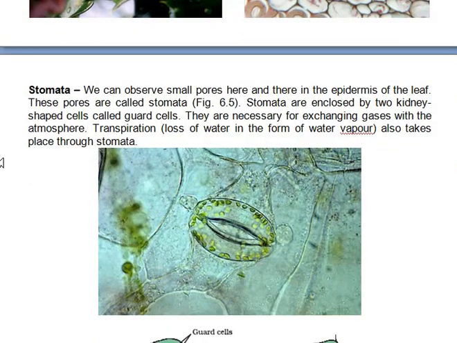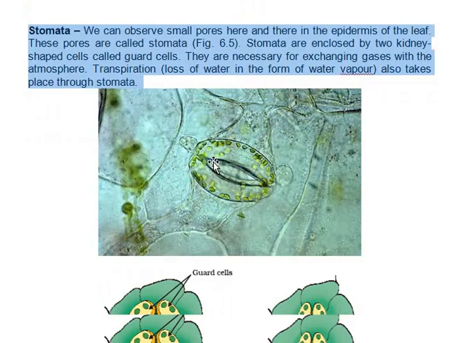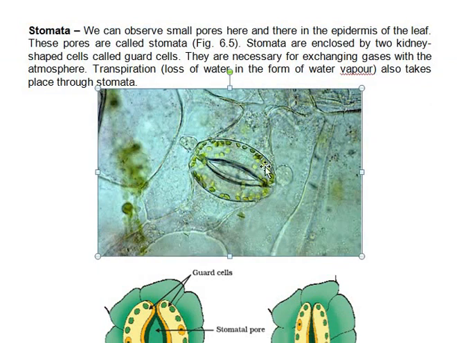Now let's move to another modification of epidermis, which we call stomata. Here you can see this is a part of the leaf seen under the microscope. That's how under the microscope you can study the stomata. Stomata are tiny pores present on the surface of leaves. This is the pore, which is guarded by two kidney bean shaped cells, which we call guard cells. And the green rounded structures present inside the guard cells are nothing but the chloroplasts.